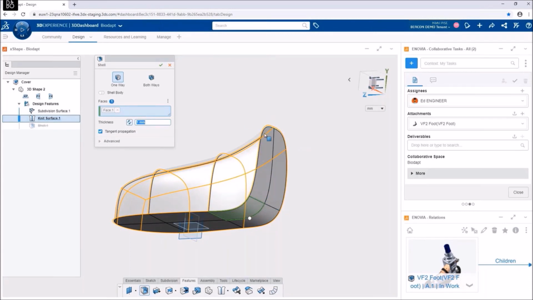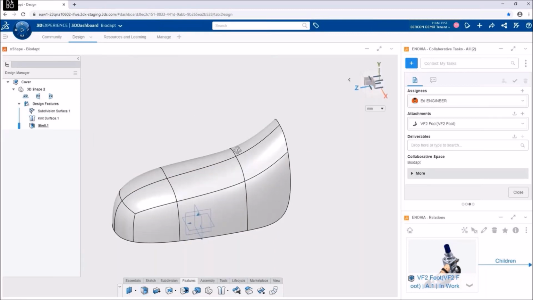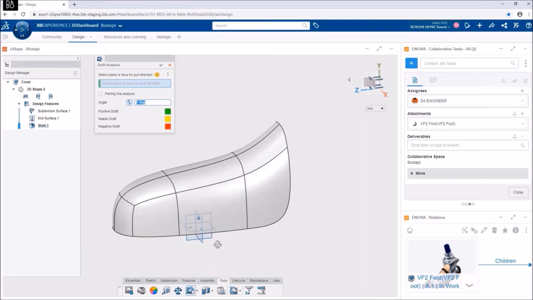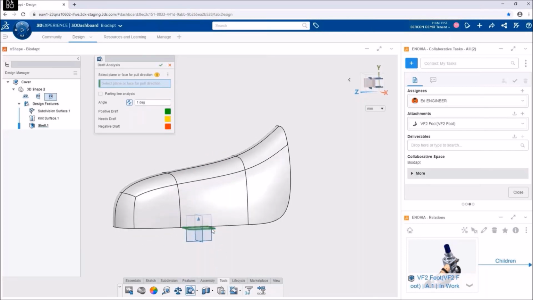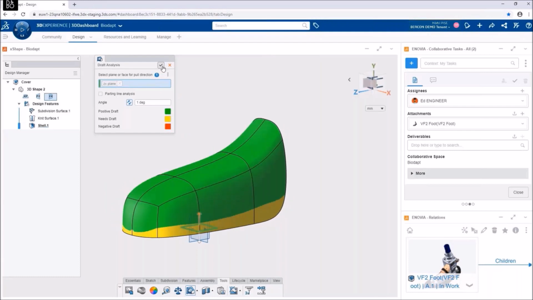Okay. Then once the shell is added, now as we are creating a cover, it should be manufacturable. As it's a plastic component, we will be using the mold technique, so it should be easy to remove from the mold. So I will use the draft analysis tool to check whether the faces are properly drafted or not. The draft analysis will give a visual indication whether faces can be easily removed from the mold